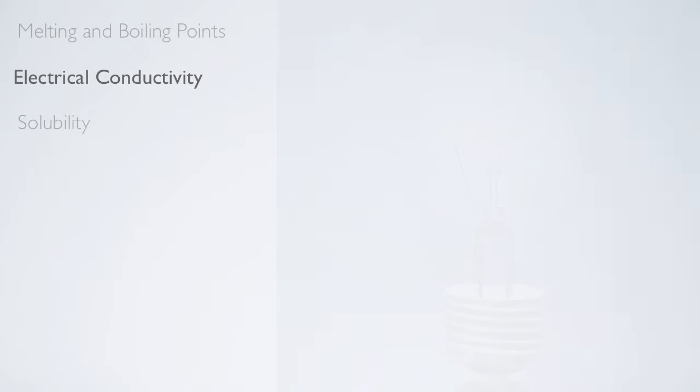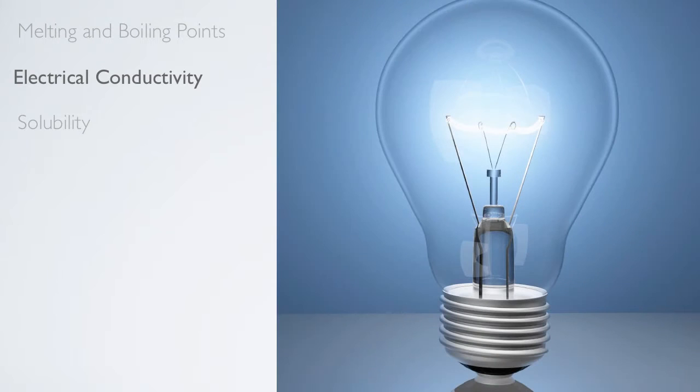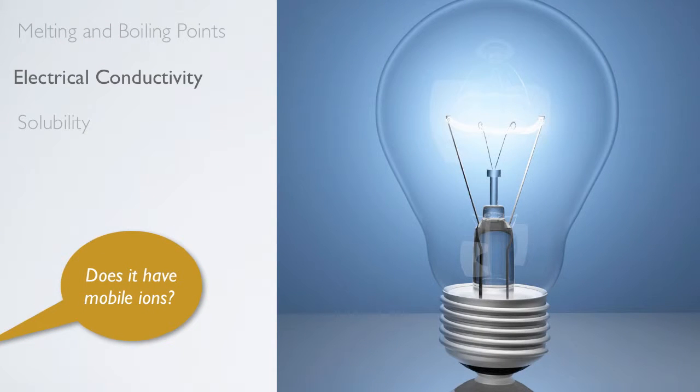Electrical conductivity also greatly depends upon bonding. The important question is, does a substance have ions that are free to move and carry the electric current? Metals are famous for conducting electricity, and this is due to their delocalized electrons, which are free to move around